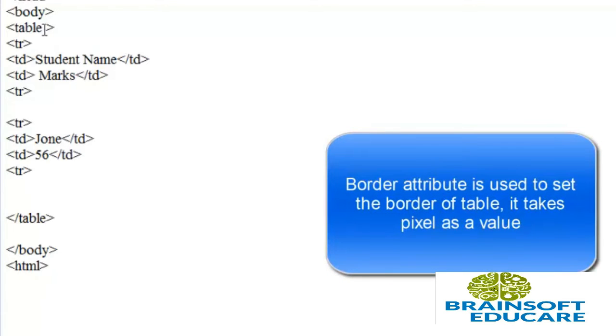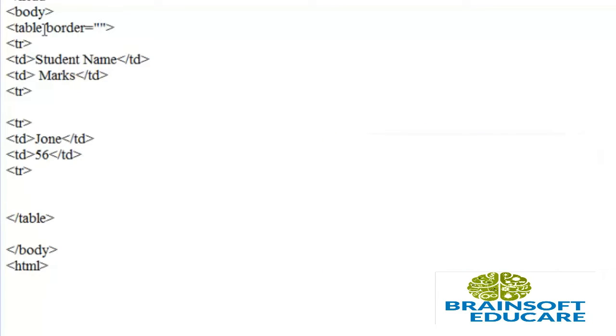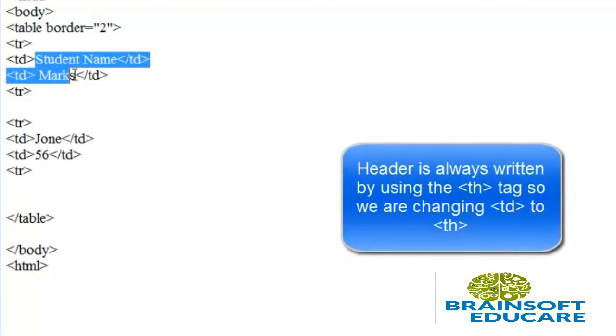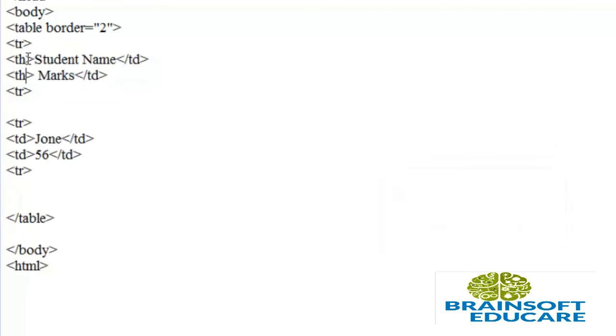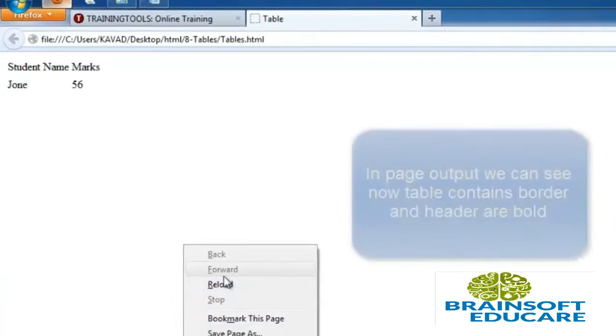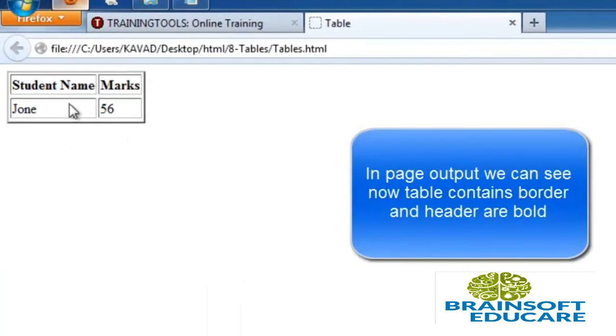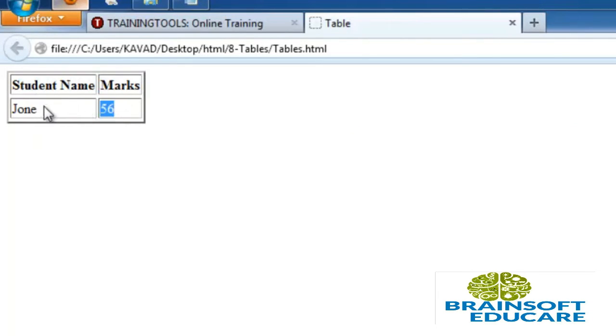First property of table tag is border. If you want to give border to table, then you can give border by border attribute. I want to give border of 2 pixel. These are the header of our table. I am replacing td with th and saving it. Reload. We can see automatically header has bold text and others have only regular text, and border is created by 2